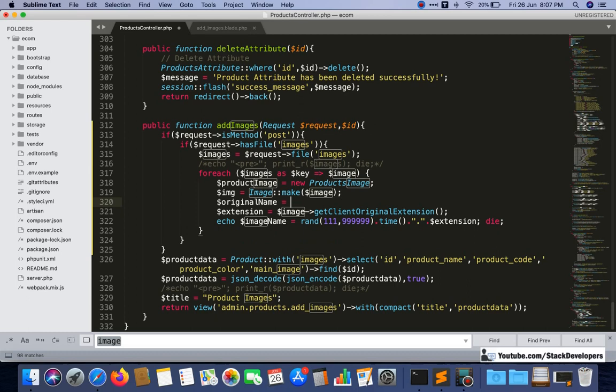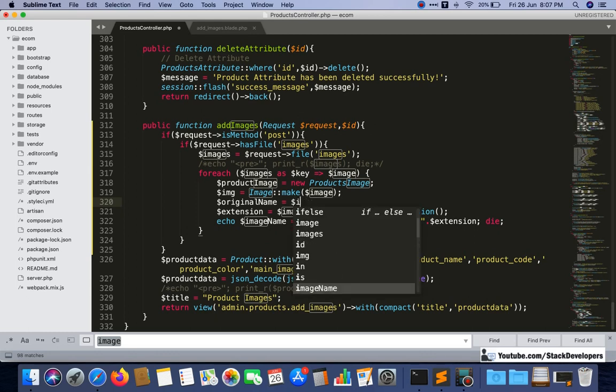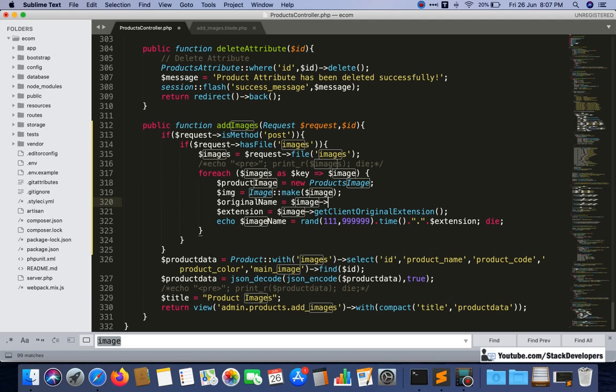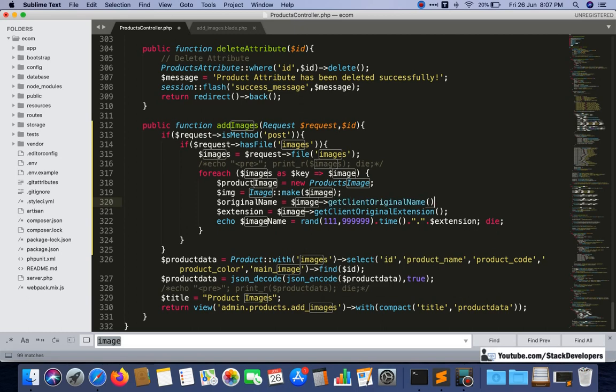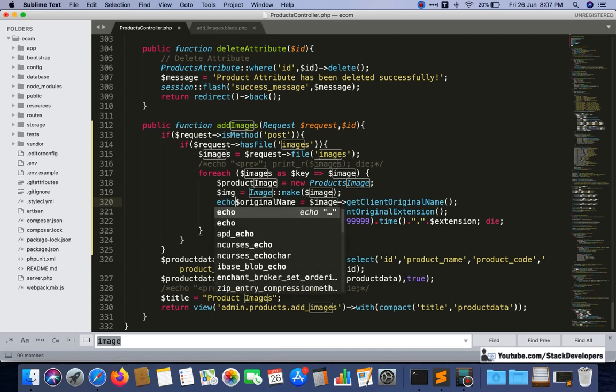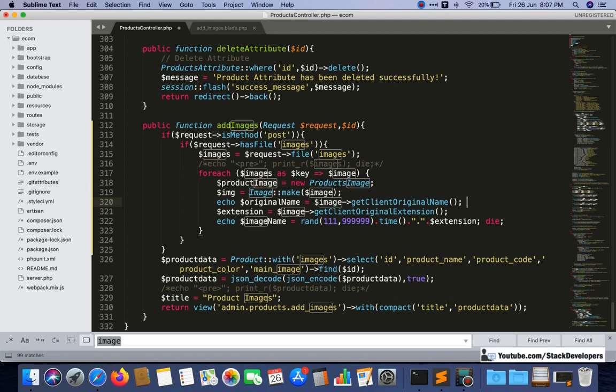You can do it like this, that will be $image, and you can just write getClientOriginalName, and then the extension. These are built-in functions. Now you can use this original name, and I will show you what the original name is like.